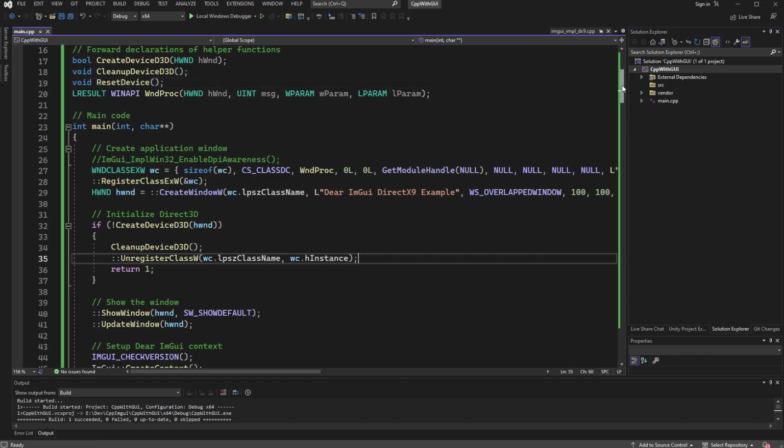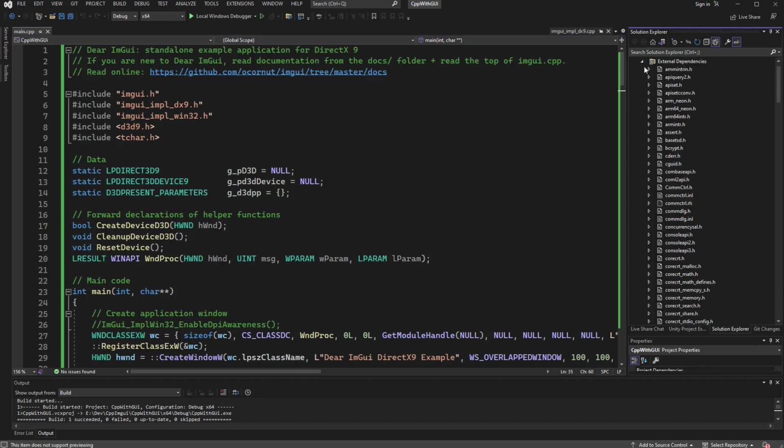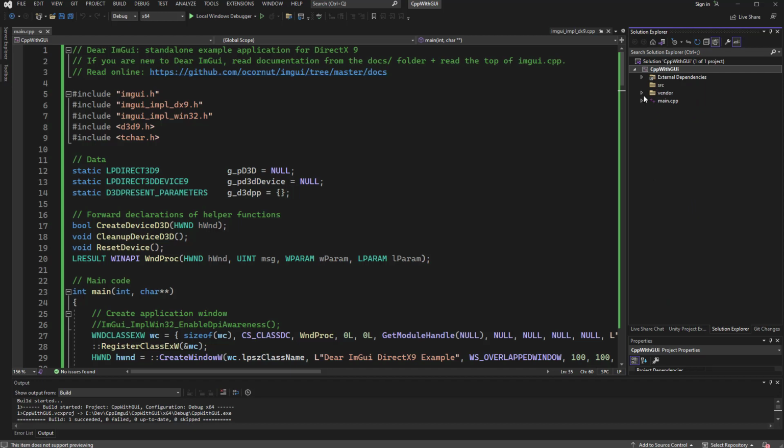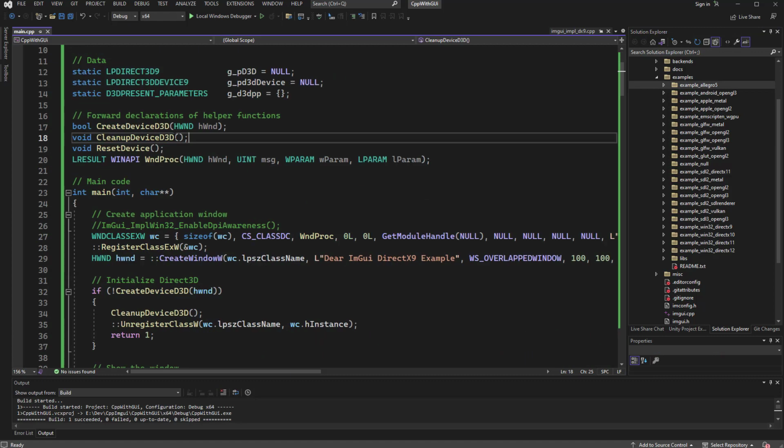Alright guys, welcome back. So basically ImGui is a GUI library that allows us to create UI interfaces for any application we're building that's based on some other libraries. It's augmenting on top of a graphic library like OpenGL or Vulkan or DirectX or whatever. If you look at it, you can see the example ones have so many things, right? With GLFW or with Apple's Metal, OpenGL and Android OpenGL, all those kinds of things. So basically, it's augmenting with a graphic user interface for the other graphic library you're primarily using as the viewport, and